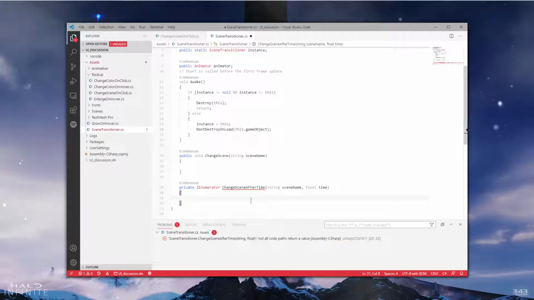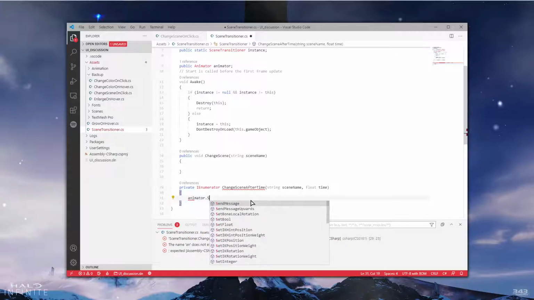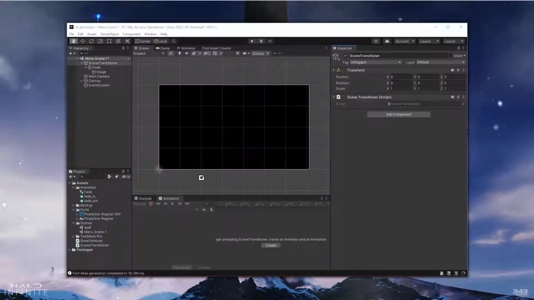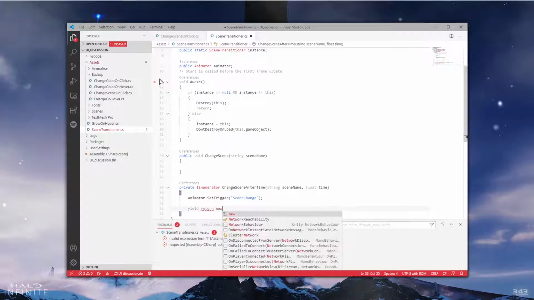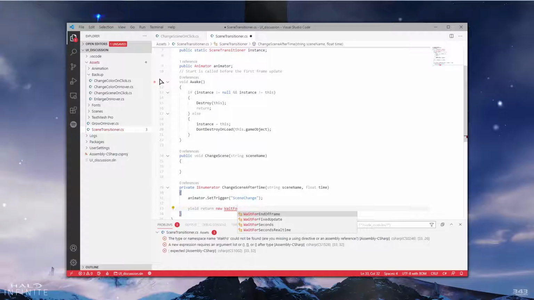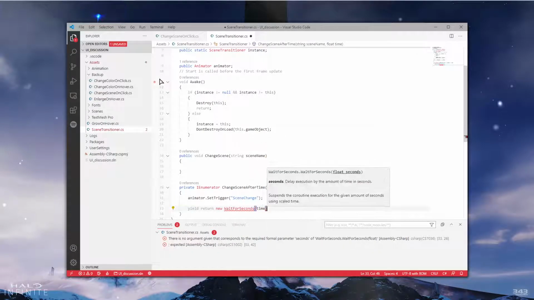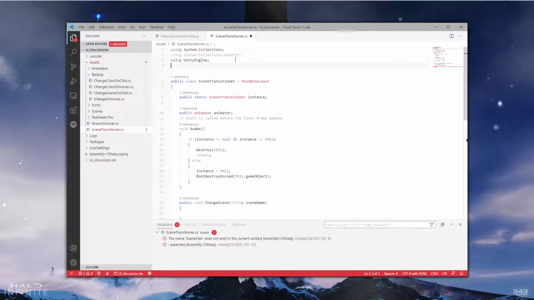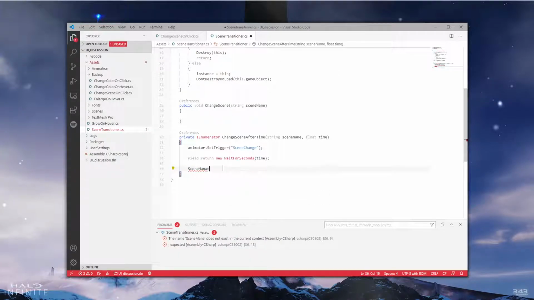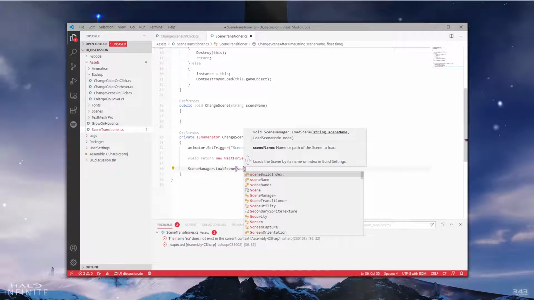and then so what we'll do is we'll say animator dot set trigger. What did we name this trigger here? We named it scene change. And then we'll do yield return new wait for seconds time, which is the parameter we're passing in, and then scene manager. We're going to have to do using UnityEngine.SceneManagement. And we can talk to the scene manager, and say load scene, scene name